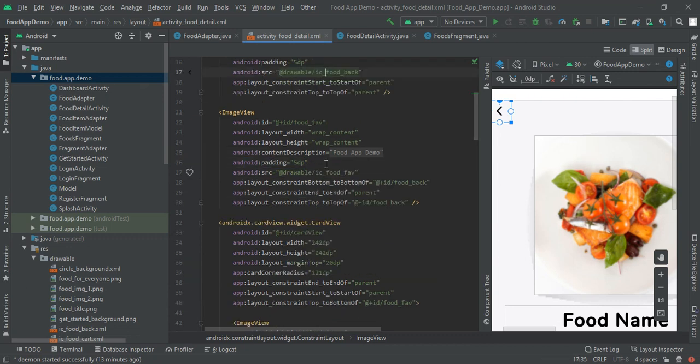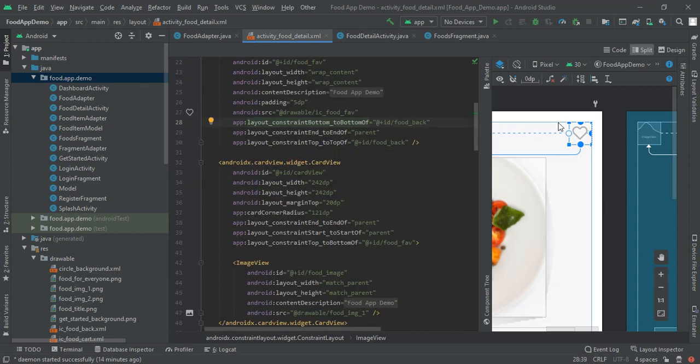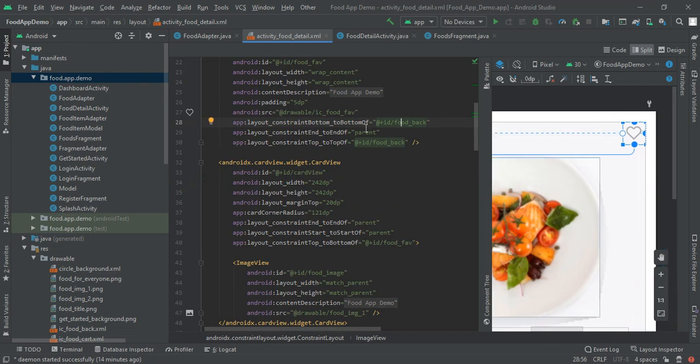Again it will be in the description. Next I have one food image which looks like this. When the user clicks here they can add it to their favorite list. For that also I have a padding of 5 dp and the source is food fav, and I have also constrained it to our food bag and the end of the parent.